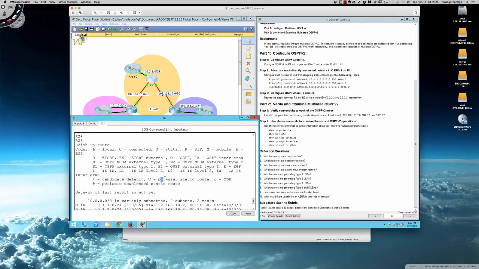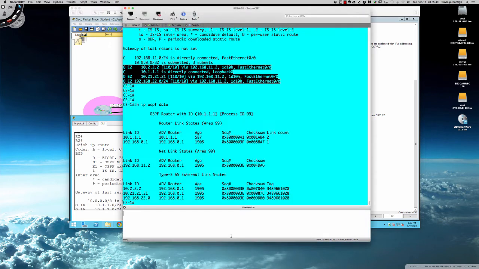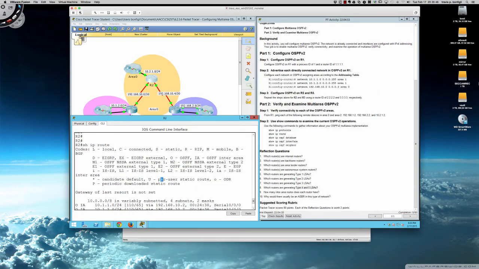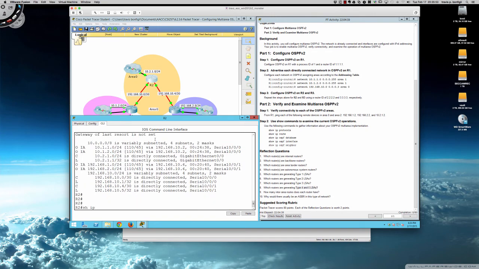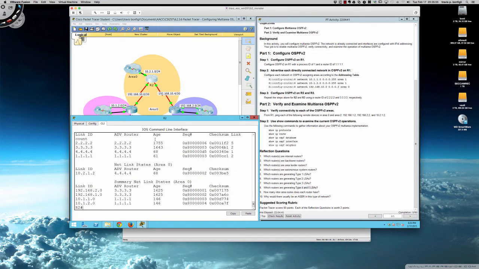So the type 5s, right? The type 5s are going to show up as OE2. And again, I don't have any type 4s here, and I don't think we have any type 4s at all over here. So let's take a quick look. So show IP OSPF database. We would see